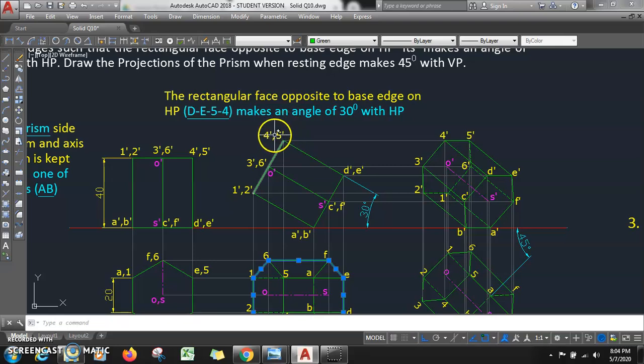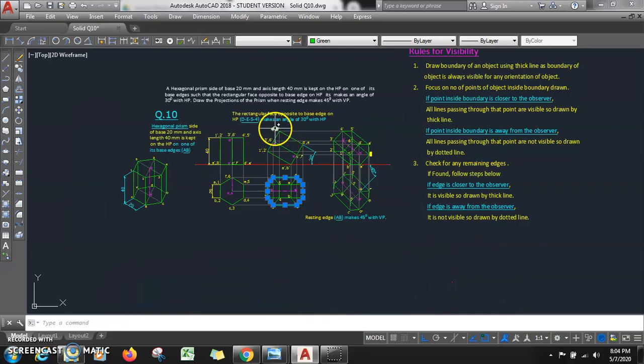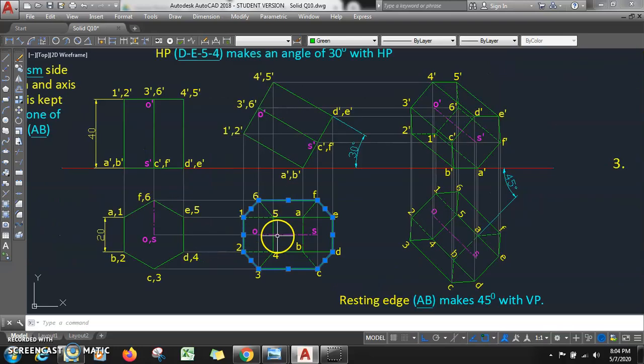ठीक है, तो 5 and 4, these 2 points are very close to the observer, तो इसका मतलब all lines passing through 4 and 5 are visible, मतलब shown by dark line। तो 5 4 से कौन से लाइन जाते हैं, this is 1 2 and 5 E, then D4, this 3 4, तो ये 5 और 4 के लाइंस हो गए।